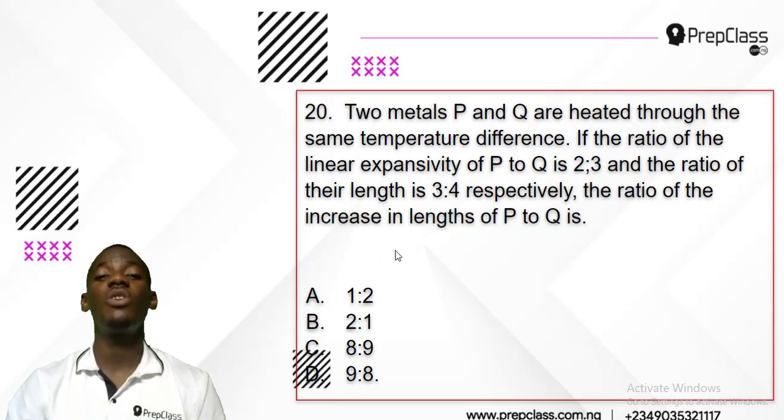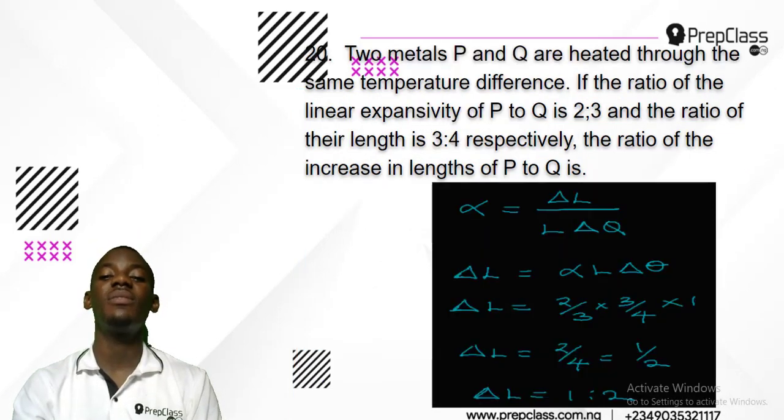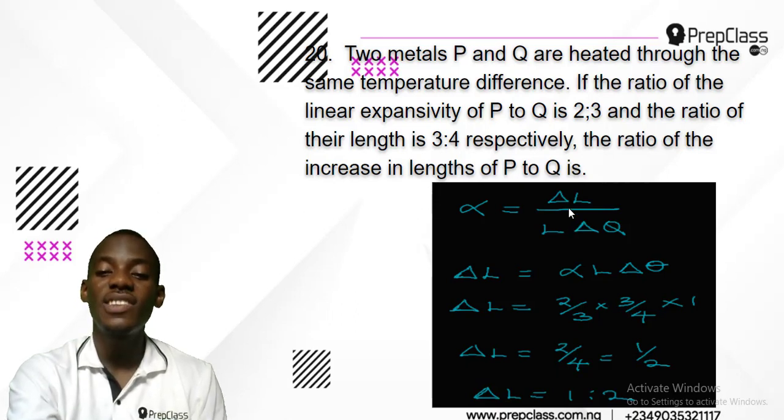Now the first thing you must do as a physicist is this. You must first write down the linear expansivity formula, and that is linear expansivity is change in length over length times change in temperature, right? Now we are finding the ratio of increase. Increase in length is our focus now. So solve for increase in length. If I make change in length the subject, it will become change in length